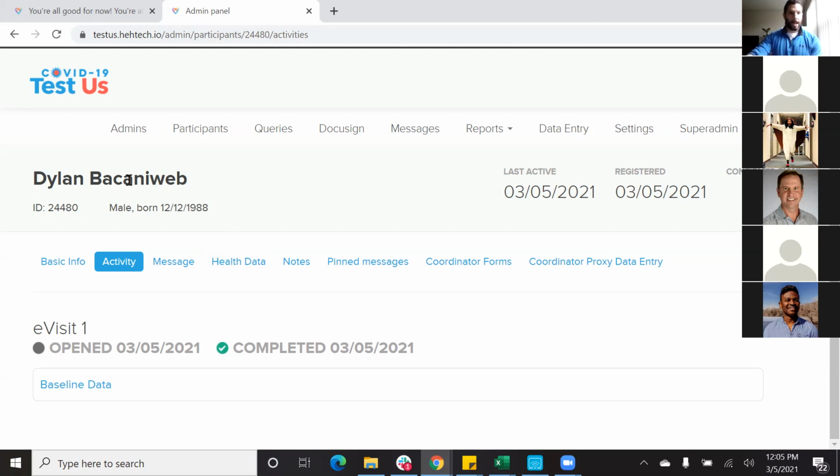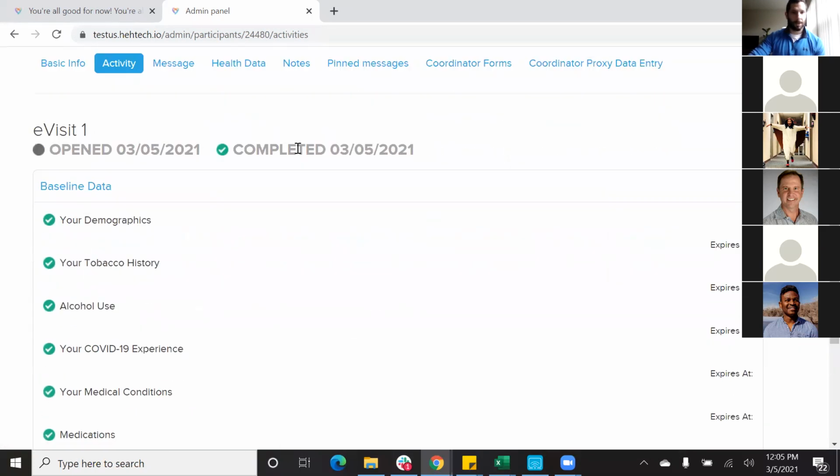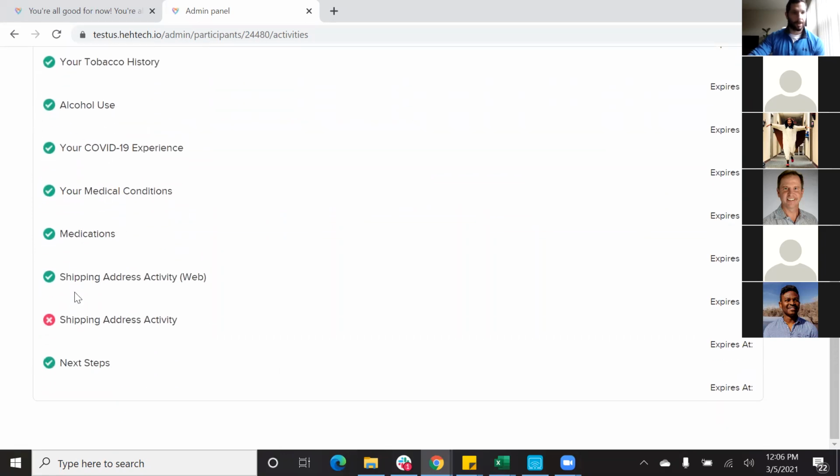All right, so now we're again looking at the admin panel. This is what you as a coordinator will be seeing. We'll see that this person has their eVisit 1 completed. It shows here, green check marks all up and down. Except you will see here, this is just an internal